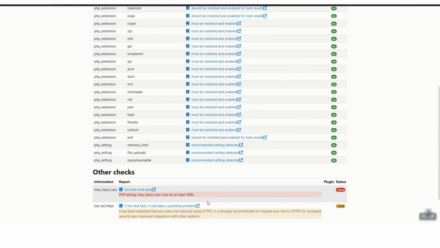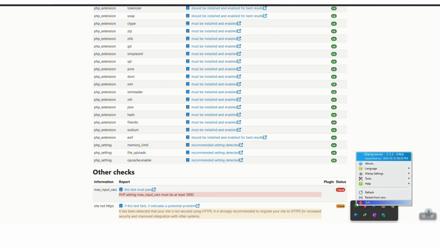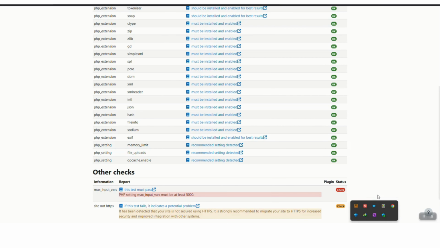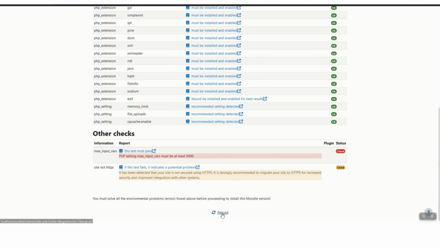will not reflect, as you can see here, because for every change in the php.ini we need to restart the Wamp services. So let me click restart all services. So you can see that it turned red, then orange, and now it will turn slowly into green. So now you can see that all the services are running. Click reload again,